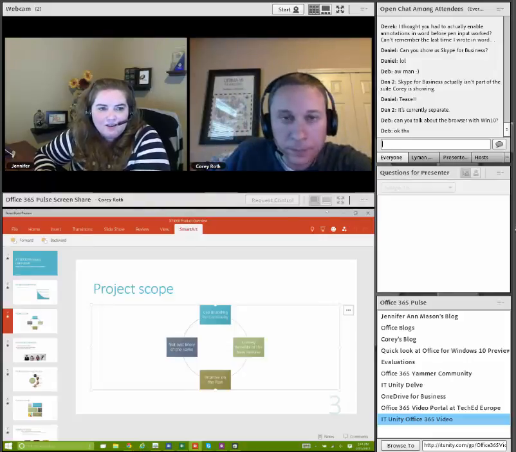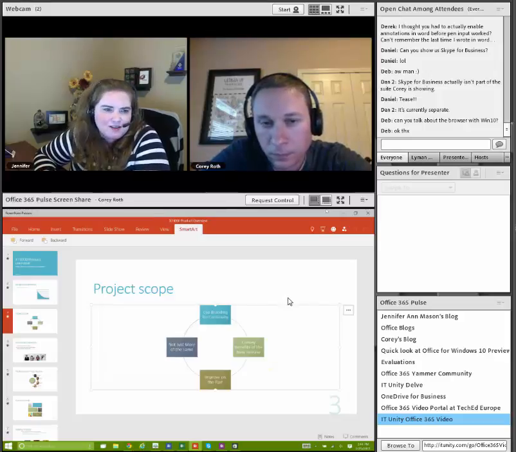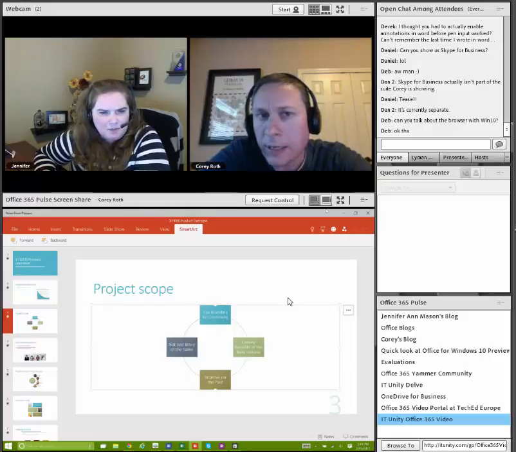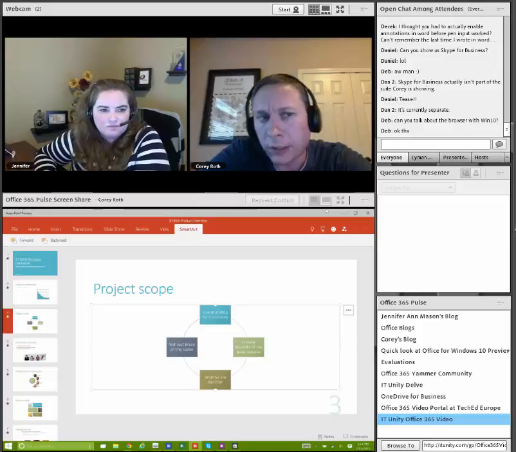Very cool. So is what we're seeing here with Windows 10 and Office for Windows 10 pretty similar to the Office for Android that you saw? Is it a pretty similar type of experience? There's a lot of similarities between Office and this one for Android. I spent more time in Android probably than anything because I don't have an iOS device, but definitely you can tell the UI is very similar.